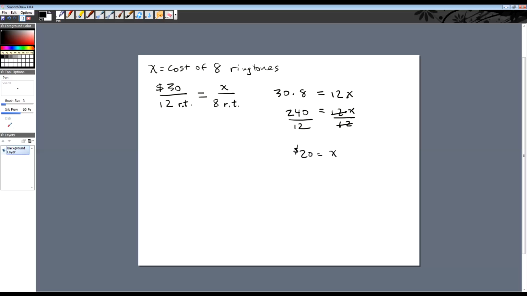So it would cost $20 for 8 ringtones if 12 ringtones cost 30. So this is a ratio problem that you might run into from time to time. Similarly, let's jump down to